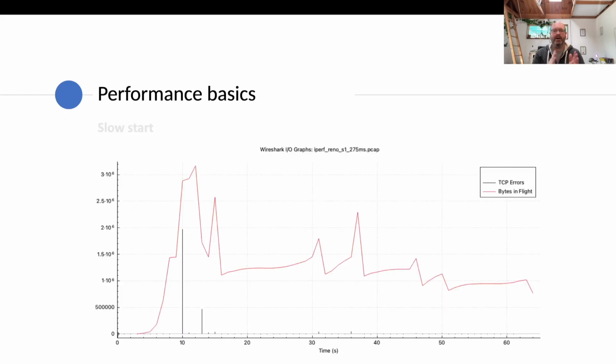So I've got here just a basic I/O graph from Wireshark, and I've got here the red line, which is the bytes in flight, and I've got the TCP errors. And this is the New Reno algorithm. So originally, and I'll talk a little bit about Tahoe and Reno and then New Reno and so forth, and the differences between them. But what we can see here is that we quickly, exponentially skyrocket up to the maximum amount of throughput on that link. And this one was about 250 megabits per second. You can see that once it has more than 250 megabits outstanding on the wire,